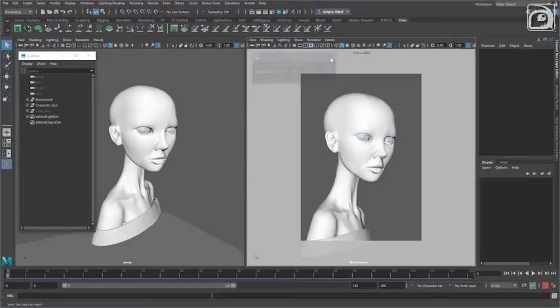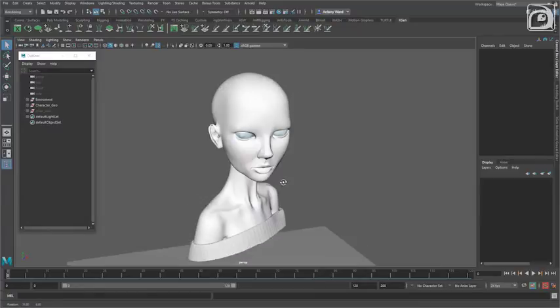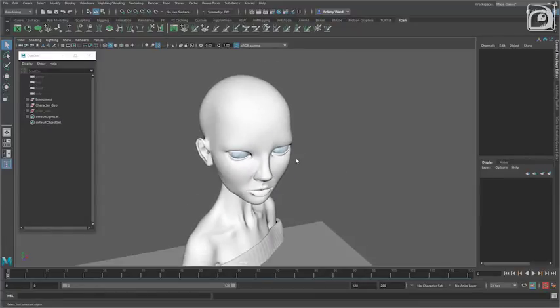So let's just close that down because we don't need that viewport just for now. So we have our model. And what we need to do is add XGen descriptions onto it. Now I'm not going to use the traditional XGen,